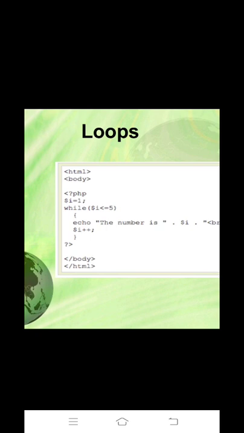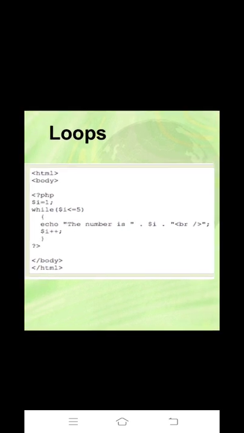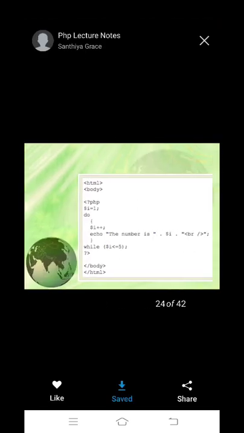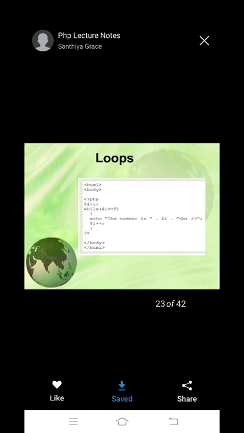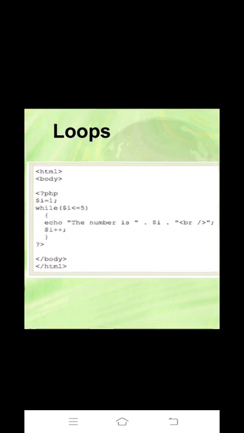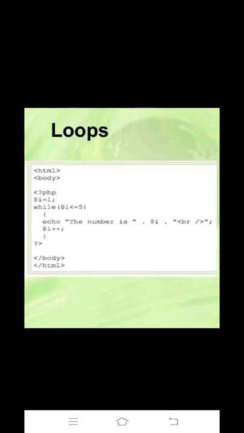Here, see this one. The first program in PHP is by using a loop. After executing this program, what will you get? This is an example program of a while loop.